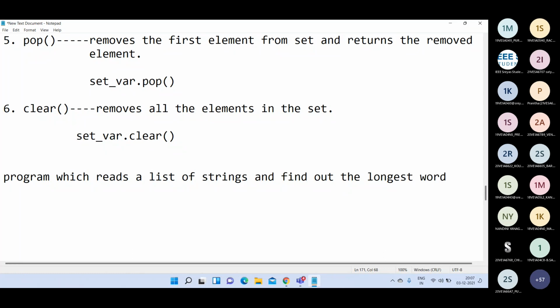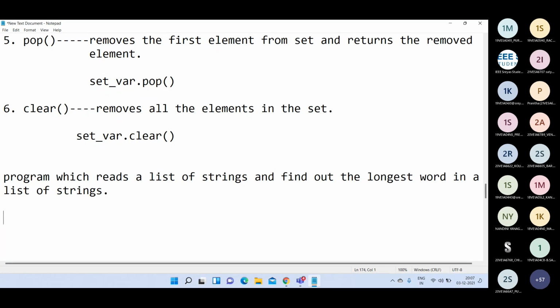The longest word in a list of strings. In a list you have to store a set of strings, and from them you have to find out the longest word or longest string. That means which string has the highest number of characters.